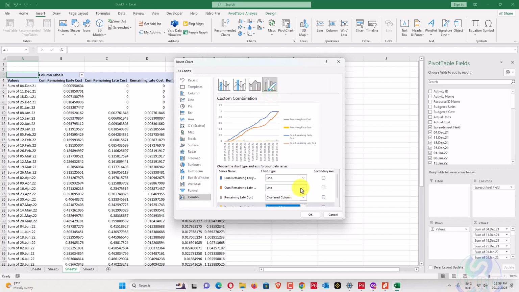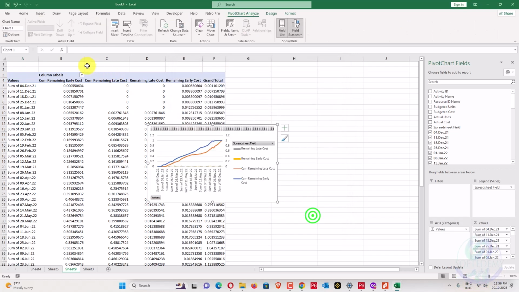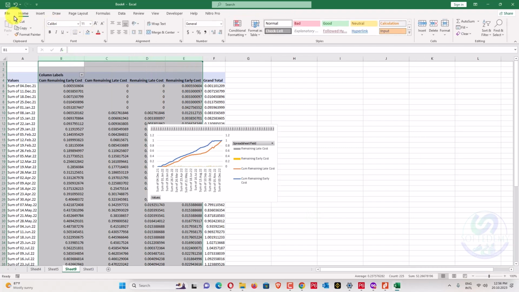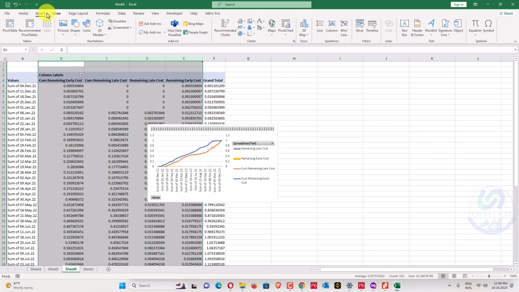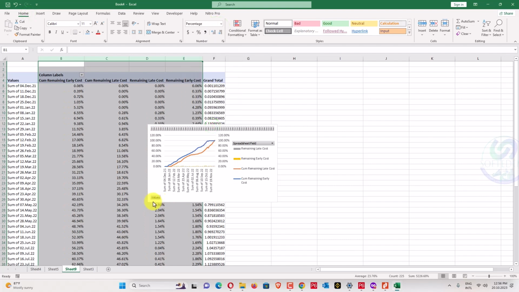Okay, so for the line we need secondary and press OK. Also we need this to be percent, and percentage like this one.